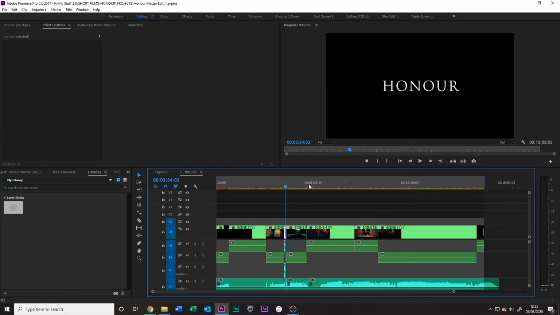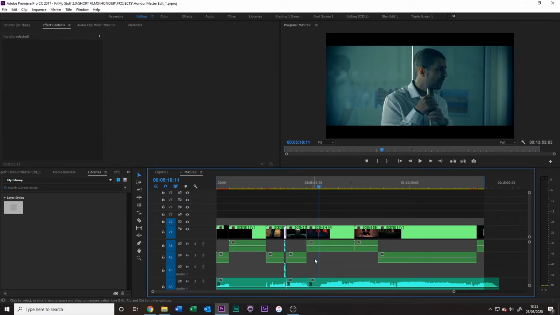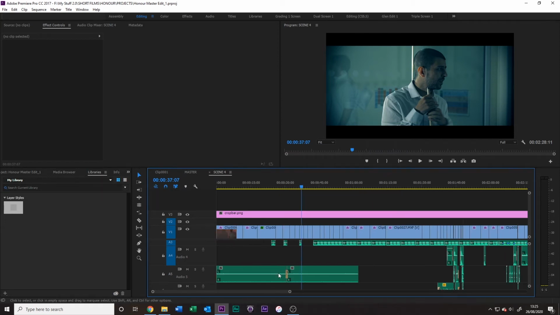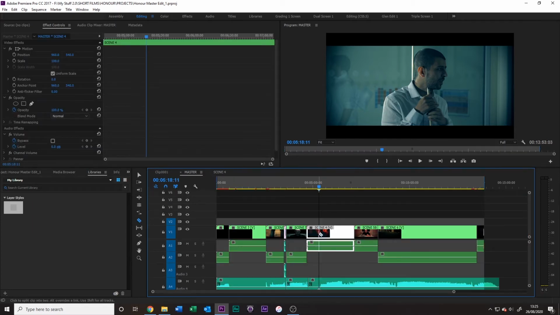And you can also do things like, say there's a section of a scene that I want to cut out. We're just going to randomly go, right, I don't want this part of this scene here. I've just opened that nest up now, so we're in scene 4. I don't need this part over here somewhere. So rather than deleting this and then closing the gap and going back and having to edit in here, I can just cut